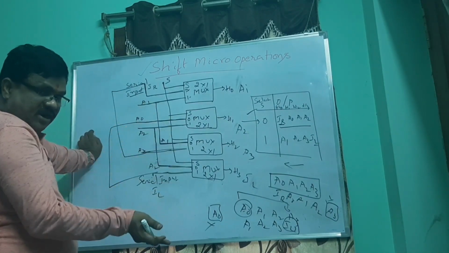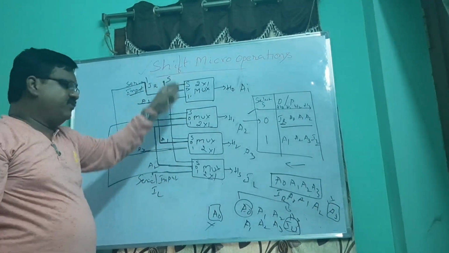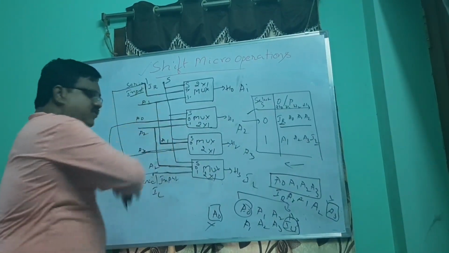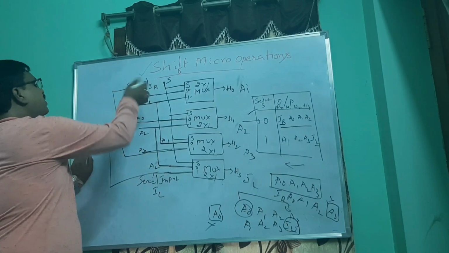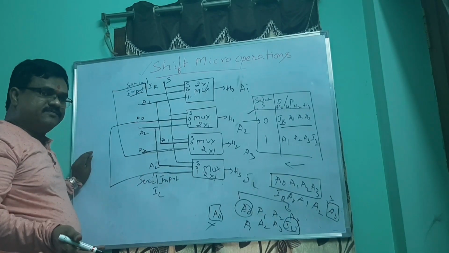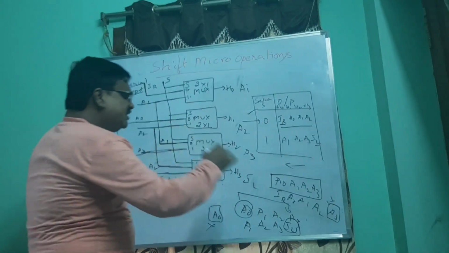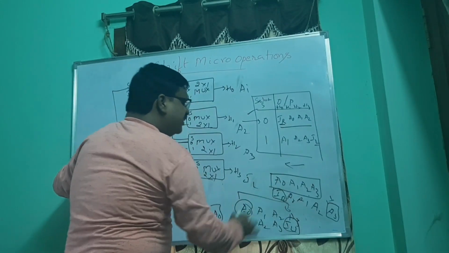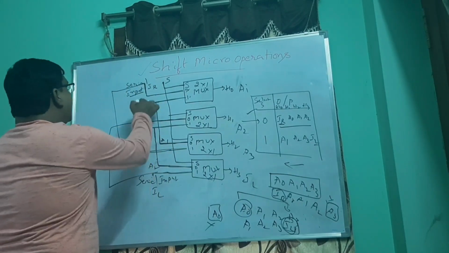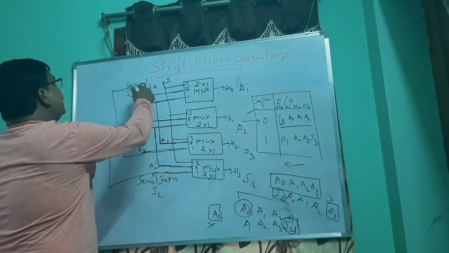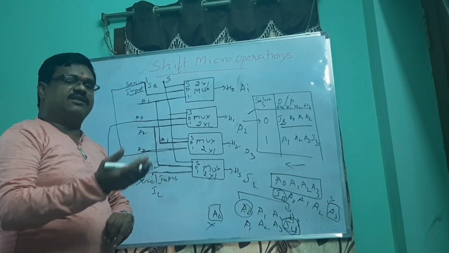So if it is circular shift, generally I have discussed the general shift left and shift right operation of this hardware. If you are going to convert this into circular, the same A0 will be given to the IN and A3 will be given to the IN. Okay, and you will ask me, sir, if it is arithmetic, what will happen in arithmetic? The same A0 will be copied here and the same A3 will be copied. So in case of IL, A0 will be connected. So here also A3. The same works even for the arithmetic shift left and arithmetic shift right also.